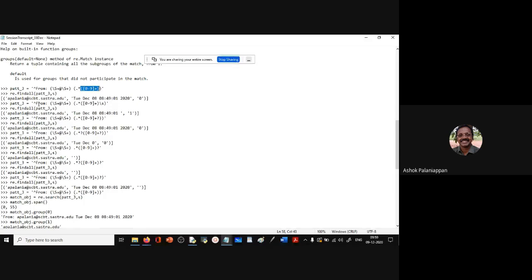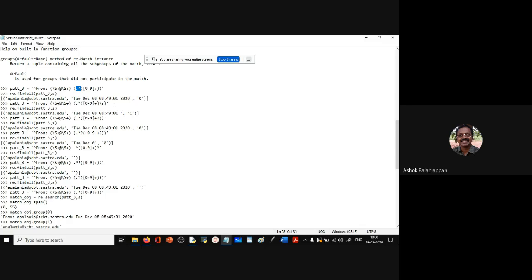And we can also use the .group method of a search object to retrieve all these groups one by one. Okay, so this is group(1), this is group(2), and this will be group(3). And what we get as the third element here is the third group. What is matched? It is a bit mysterious because of the greedy matching. As you do more regular expressions, especially in industry or science research, you will become more aware of the unintentional behavior of greedy matching. That's why we have the option of a question mark after the quantifier.